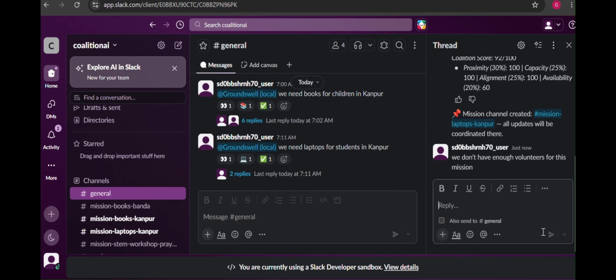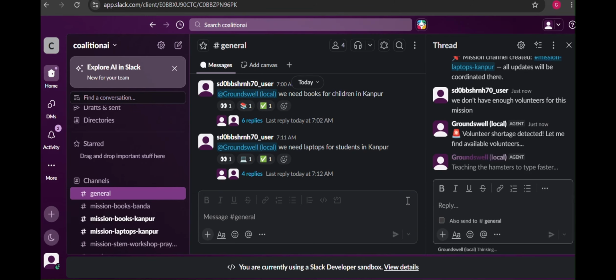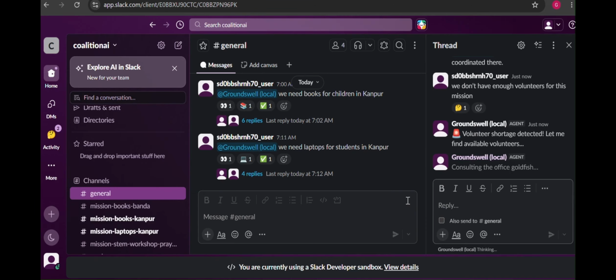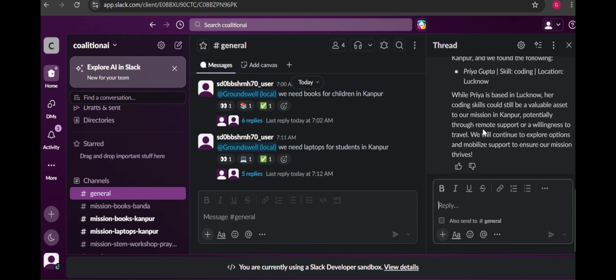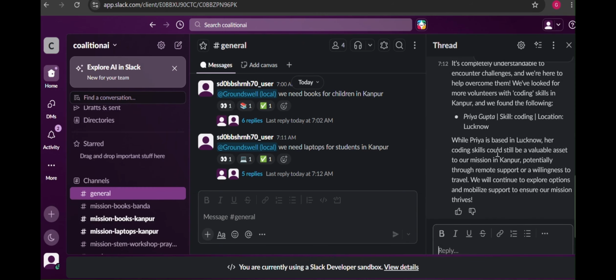Now here's the part that's only possible with real-time search. Watch, I'm typing in this thread, and I am not mentioning the bot at all. Groundswell is passively monitoring this mission conversation in the background. The moment it detects a blocker signal,